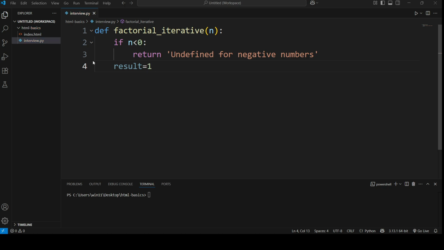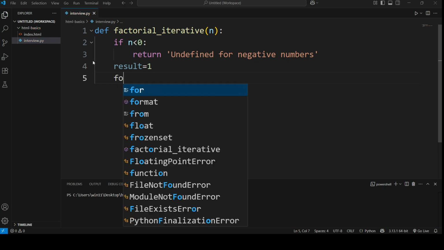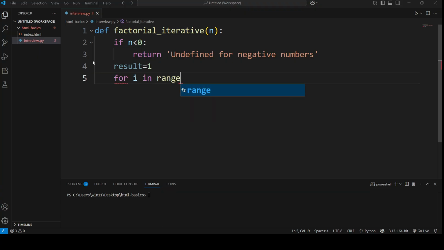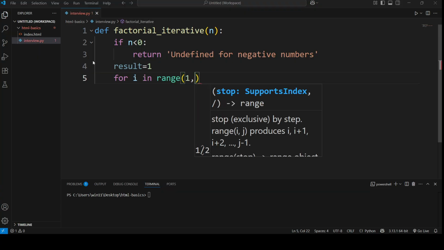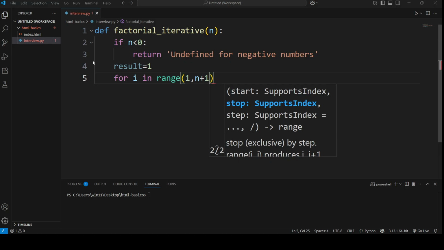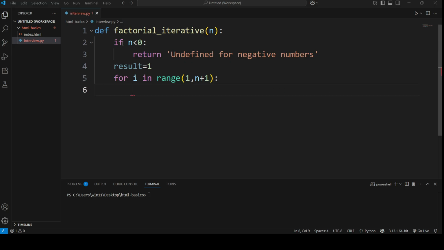So we have to take 1 as a result, and we will take a for loop, for i in range of 1 comma n plus 1. So let's say we have given 5 as an input. It will start from 1 till n plus 1, that is 5 plus 1, that is 6. So it will go from 1 to 5, and we will say result *= i. That means we will multiply the result's value with the i value. Now we'll return